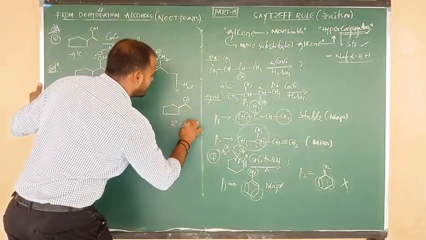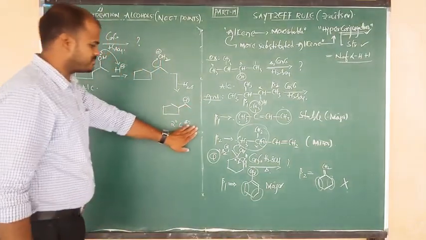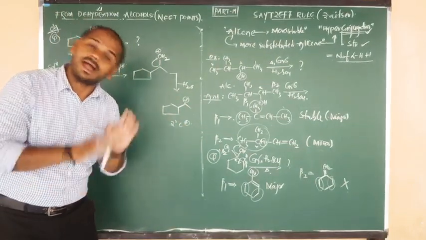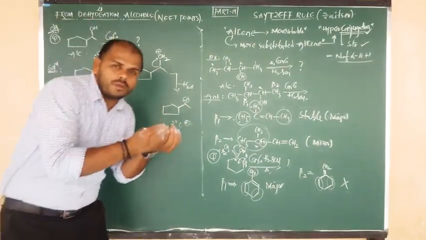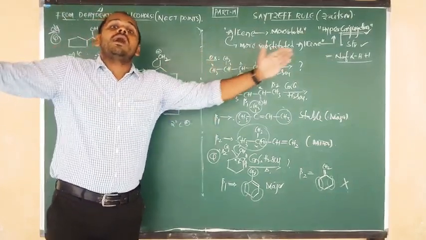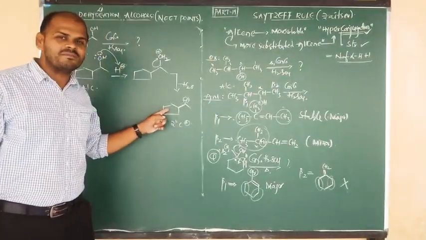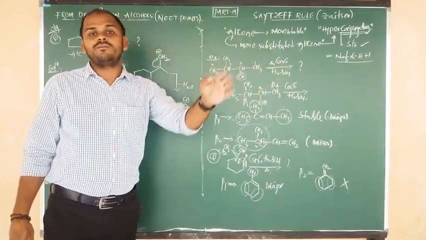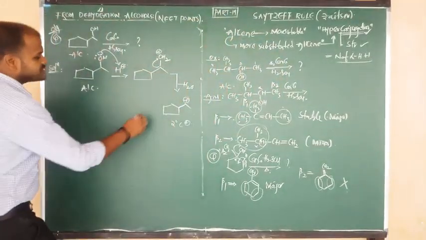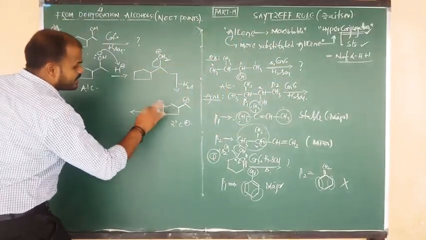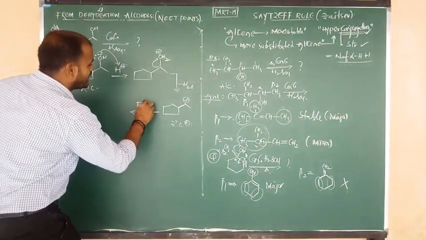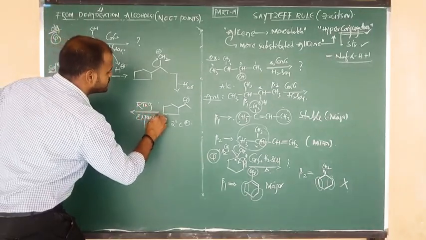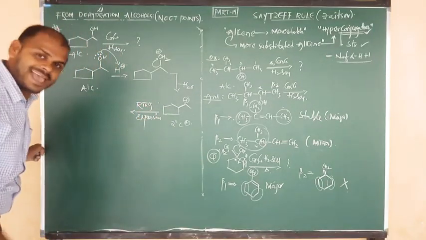So we have to say it is a secondary carbocation. Okay? Secondary, if possible, we can convert into tertiary. Otherwise, a low-membered ring we can convert into a higher-membered ring. This is a 5-membered ring, we can convert it into a 6-membered ring, into the carbocation form that is more stable. Let us do it. Converting a 5-membered ring into a 6-membered ring is nothing but what I already told you in yesterday's class, the ring expansion procedure. Ring expansion.